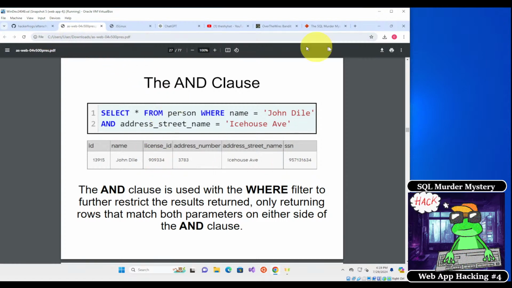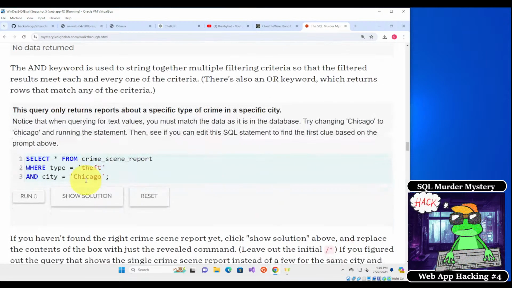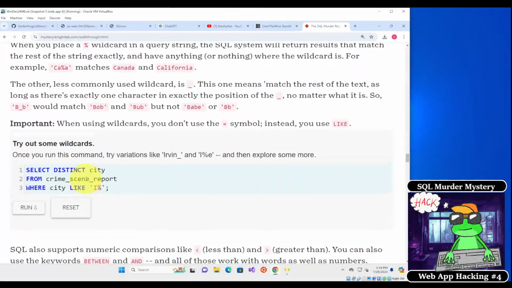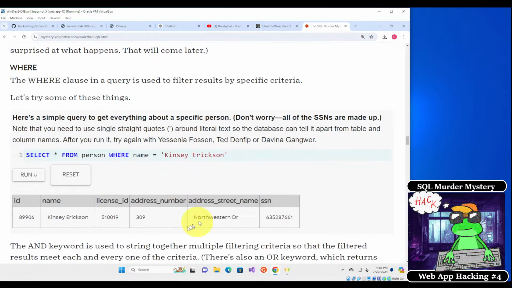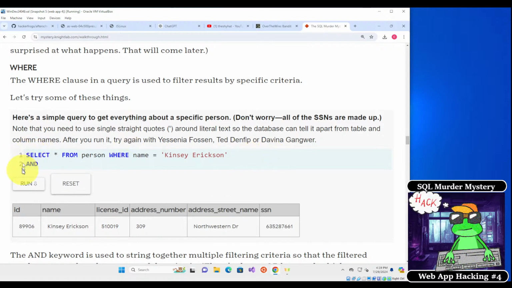So let's just do this ourselves. Okay, so name equals Kinsey Erickson. Let's run this. And this person lives on Northwestern Drive. So we can modify this over here, and we can add our AND clause. And in this particular application, we can separate it on different lines, and it still works, which is very useful when we're trying to write